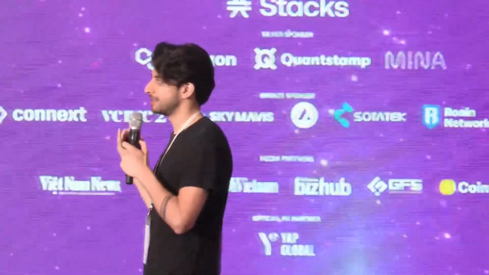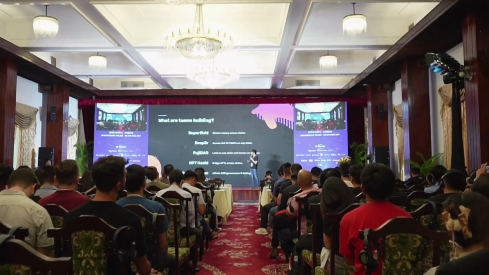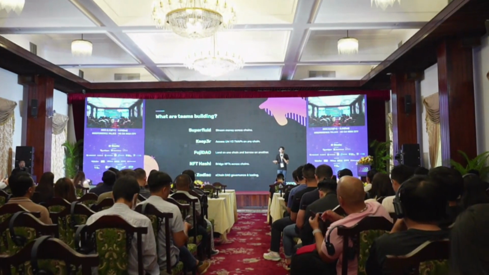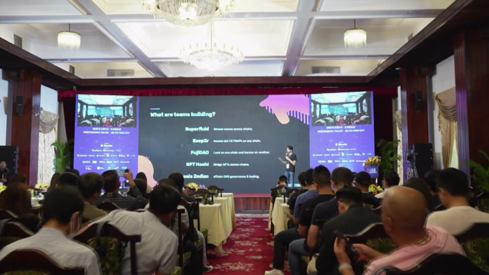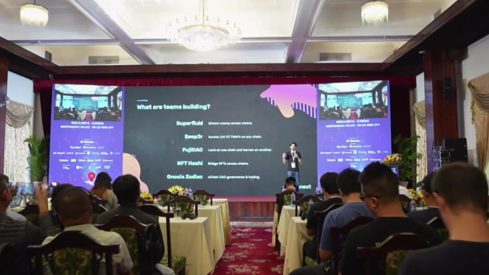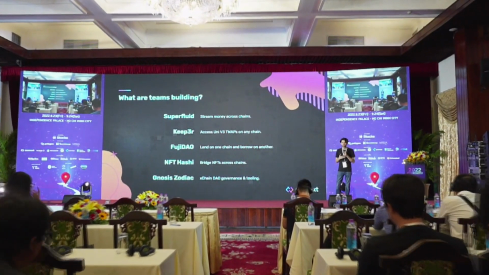In practice, this is what it looks like. It's simple, right? It's designed to be simple. And despite being so simple, we think it's incredibly powerful. Because it's such a generalized primitive, such a generalized way to build things, you can build pretty much anything on top of it. So these are some examples of projects that we've been working with, and I'll step you through the constructions of them, so you can see the domain and scope of the types of things that can be built in this cross-chain world.